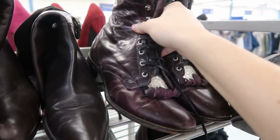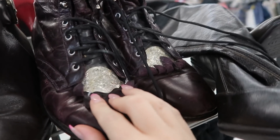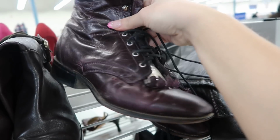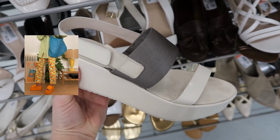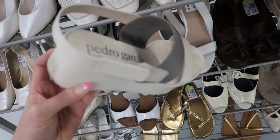These are definitely not on my Pinterest page, but how cool are these? They're like a maroon, and then they have this silver engraved plate there. So cool. A major theme on my Pinterest board is chunky sandals, and I just found these, and they are